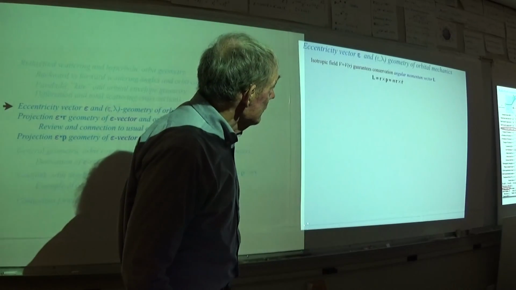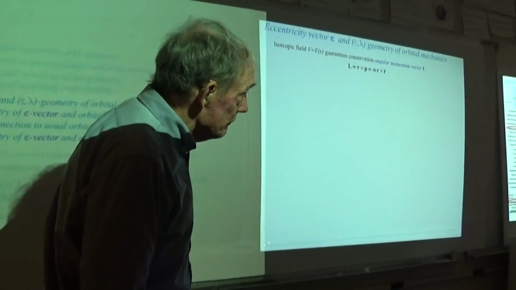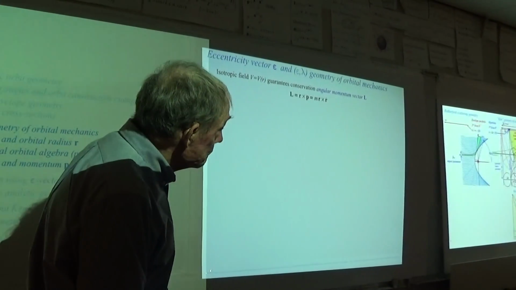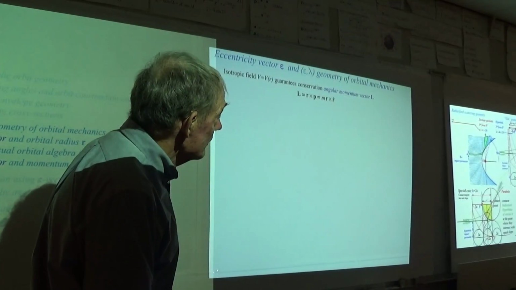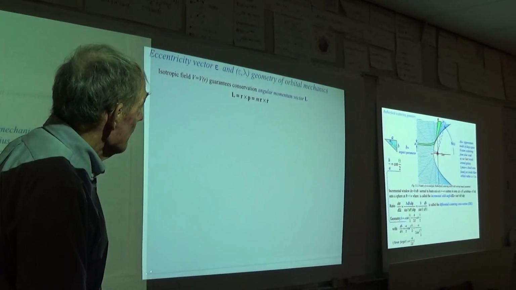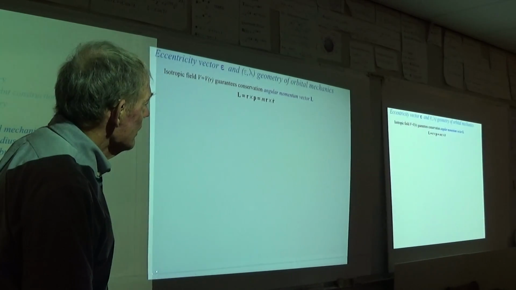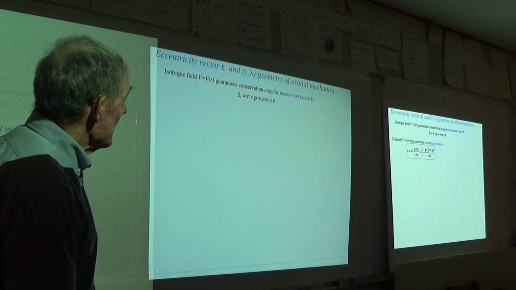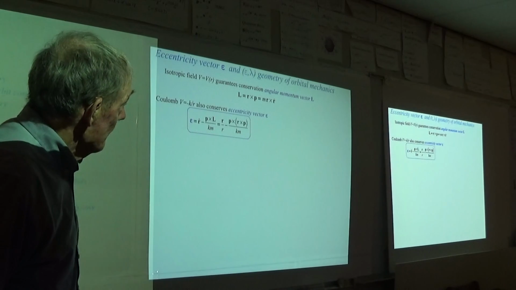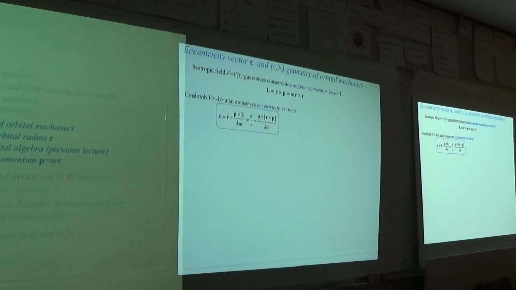But the next thing is simple too, but I would say much more powerful in the sense that we are doing a general case. All possible Coulomb orbits are being tackled now. We're going to get a geometrical construction that works for everything that's Coulombic. Okay, and it involves this weird vector